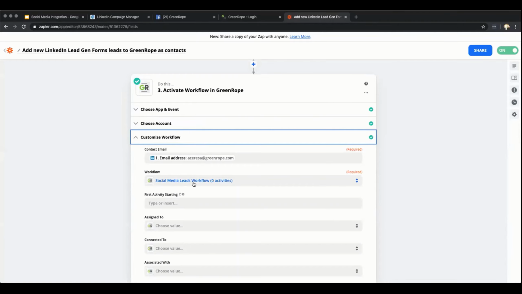When social media leads come in, and the reason is because it's different than, for example, if we have someone that comes in from a live demo on a PPC. I first want to know that they've come in from our lead gen form. Secondly, I want to know that they either came in from a lead gen form on Facebook or a lead gen form on LinkedIn, and have them go through a specific journey that filters them out if they've already put in a demo request, if they're already a leader, they're already a user, and I'll kind of talk about that too.